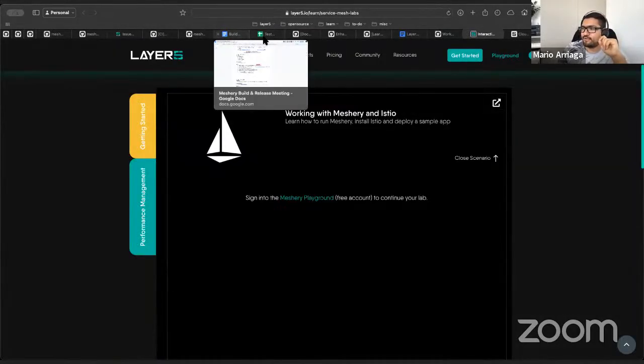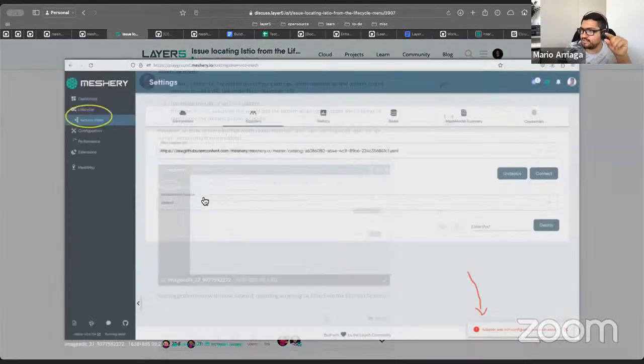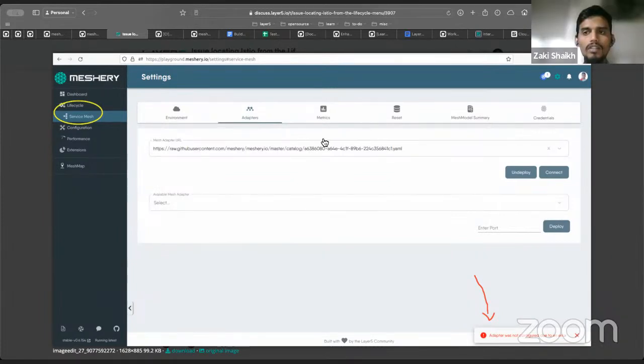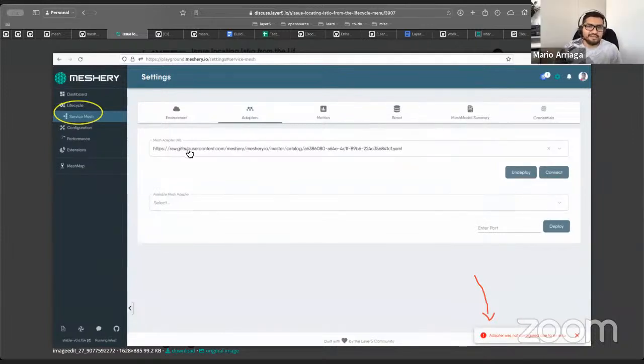that is not the correct way of deploying the adapter, because the mesh adapter URL in the adapters tab under settings is supposed to receive the URL of whatever adapter instance that's already deployed. Is that correct, Pranav? Or can you correct me if I'm wrong? Yeah, it should be. So that's not supposed to go there, basically. Even when the error is fixed, this will still not work